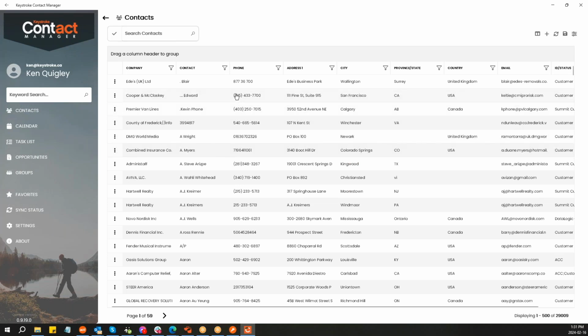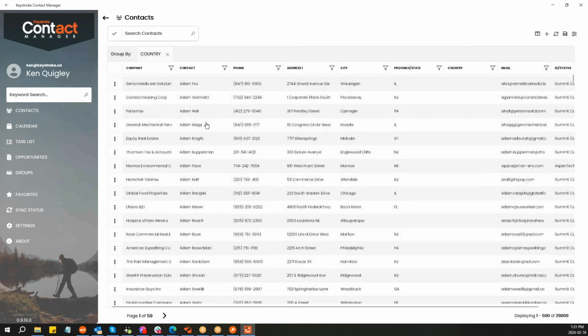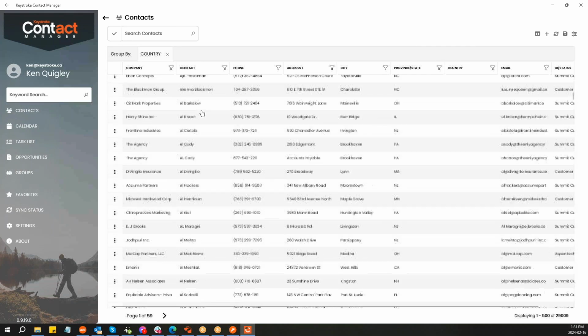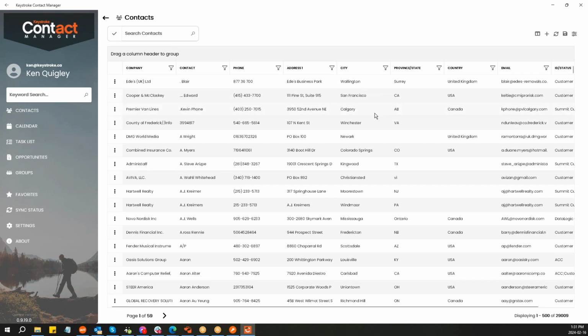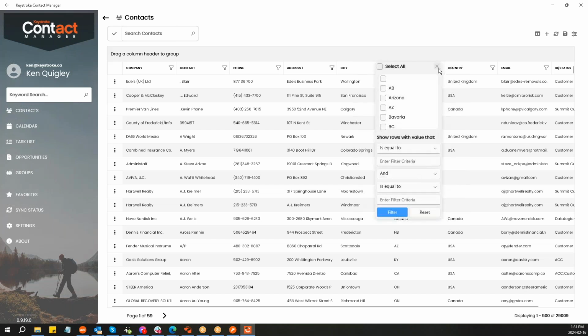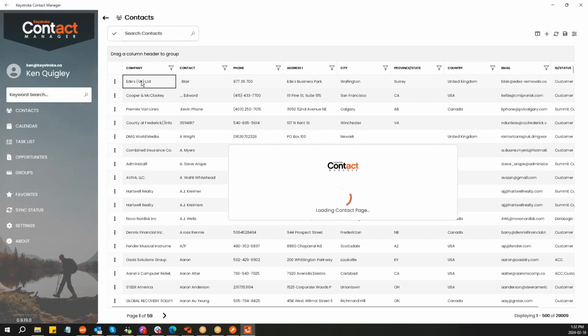One of the things that I wanted to show you guys is, let's say here, group by country, you can drag this and it will automatically group by countries. This is showing all the blanks, which obviously I didn't factor for, so that was a bad choice. But if you want to group by city, you can drag and drop that. If you wanted to apply any filters, all of those are available. You've got different options, is equal to, all the standard operators that you would expect. This is something that a lot of people would love to have in ACT. If I go into a particular contact,